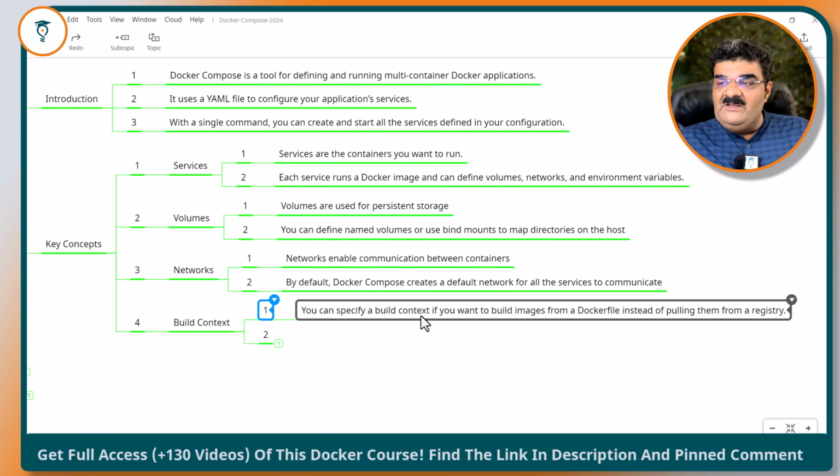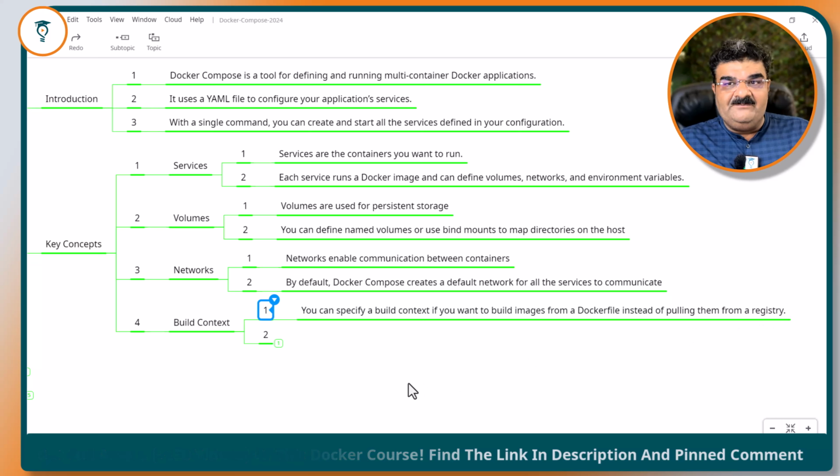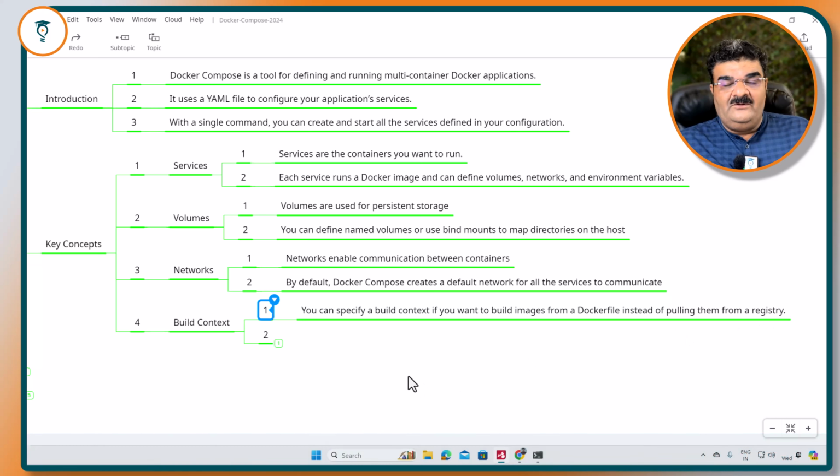And then the build context. You can specify a build context if you want to build images from a Dockerfile instead of pulling them from the registry. As you know that we have 2 types of